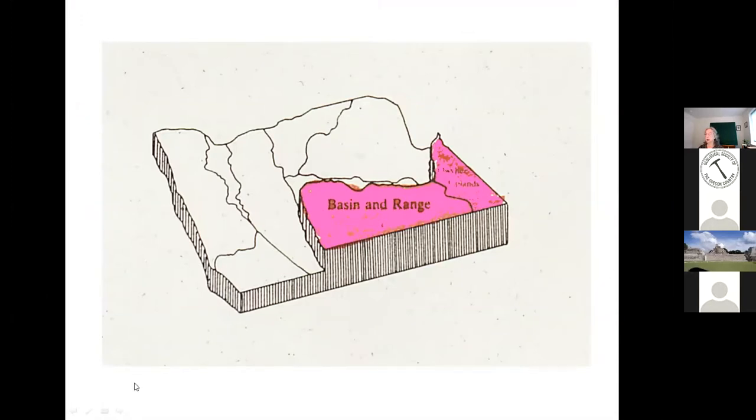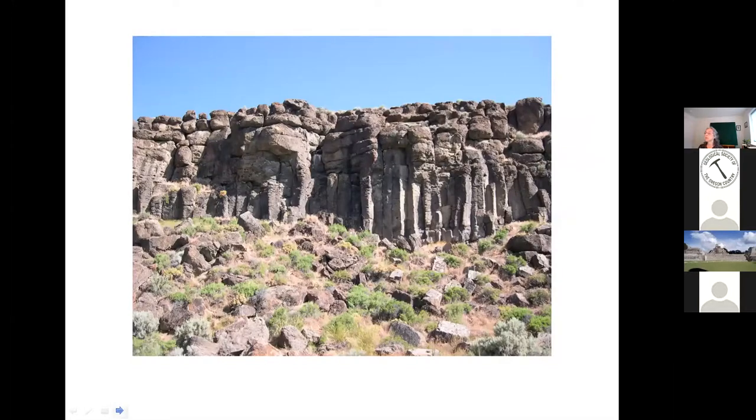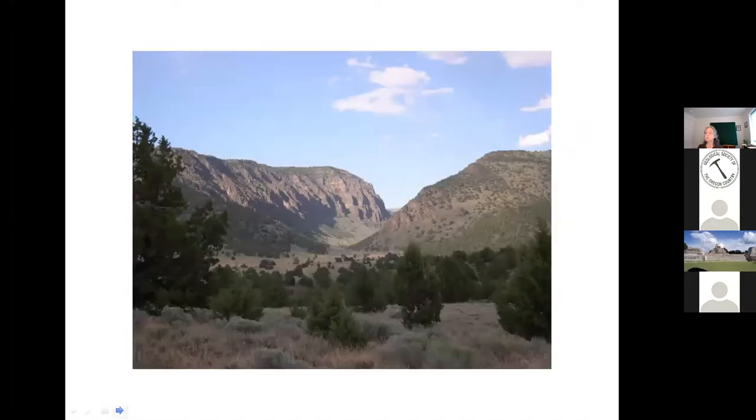Let me show you some of the lava that comes from the Basin and Range, and this is Steens Mountain basalt. Recently we've discovered the relationship between it and the Columbia River basalts, which is kind of a new and exciting thing. If we look at the Steens Mountains here, this picture shows this nice U-shaped valley, which bears the scars of having had glaciers come through there. The only way you get a nice U-shaped valley like this is the effect of glaciation.